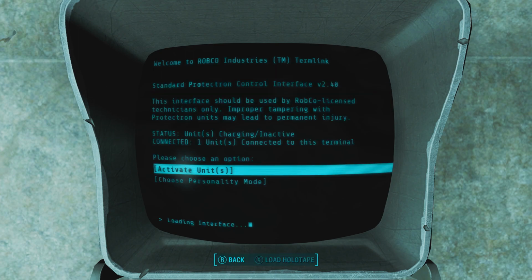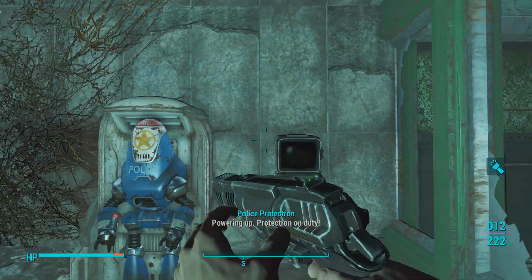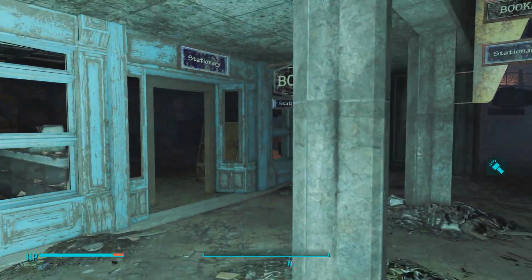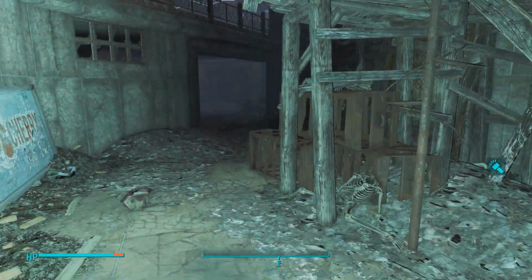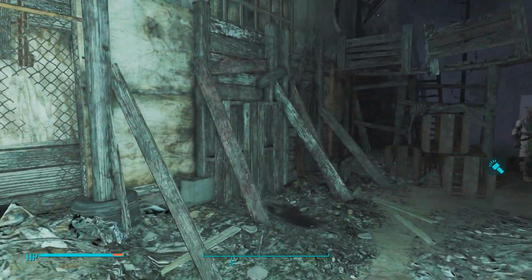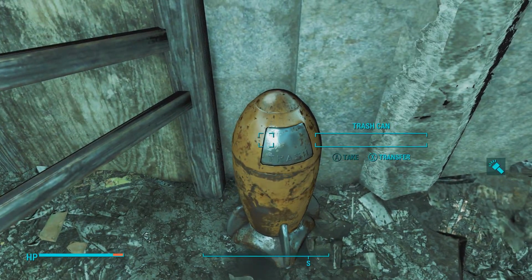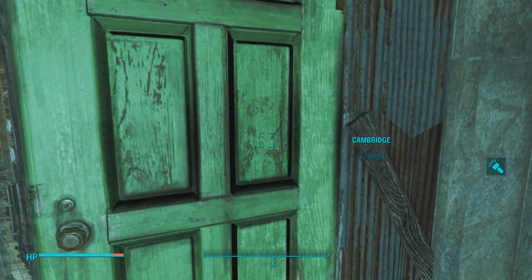Now let's just activate it. It should be fine. Protectron on duty. Okay, stationery, books, yeah. That's the clothing store. We did that. Elevators. Yeah, alright. So it looks like Monsignor Plaza is cleared now. Like I said, we got our Protectron on duty. Not that it actually means anything, but